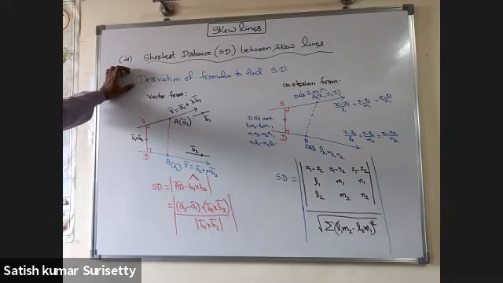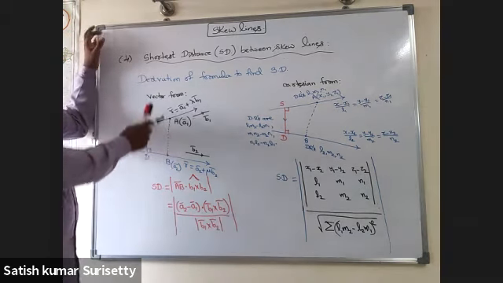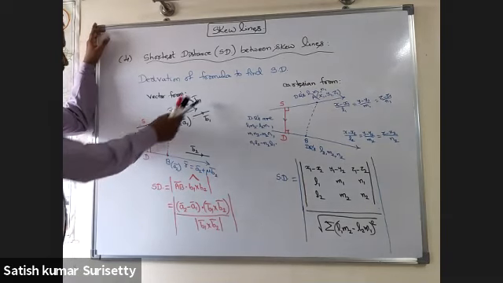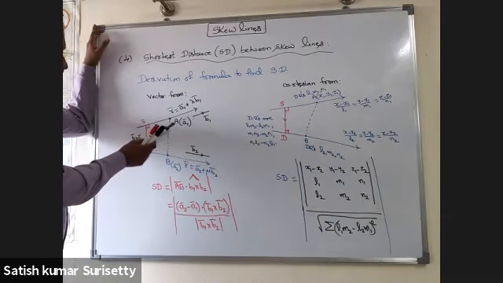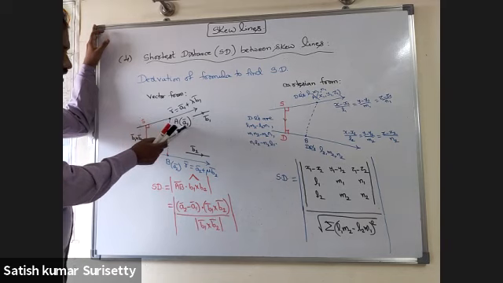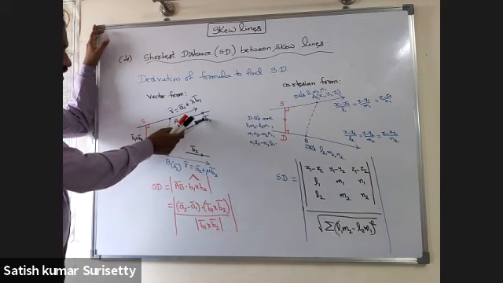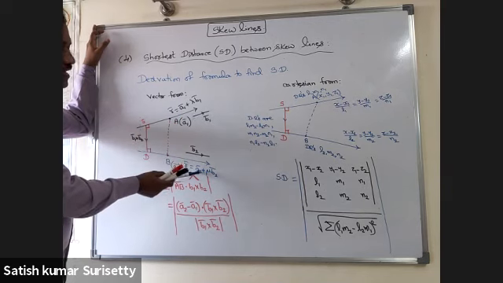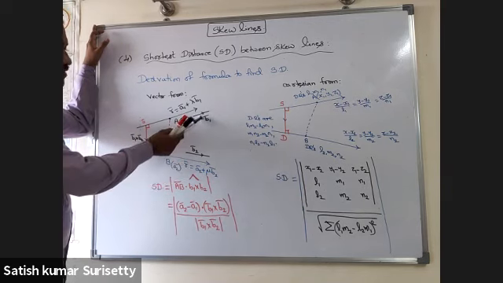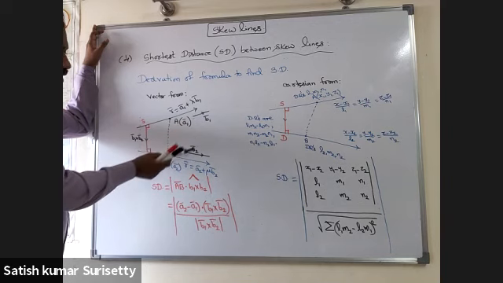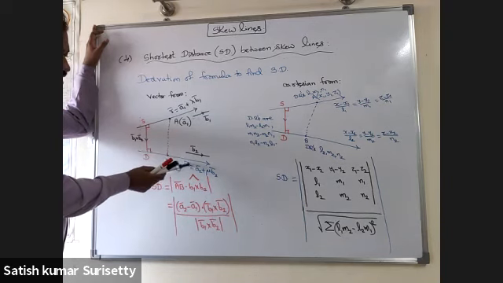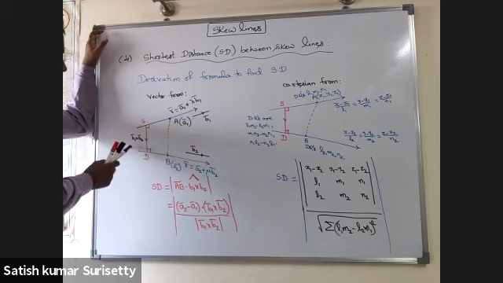So how to derive the formula to find the shortest distance in vector form and Cartesian form. When I consider vector form, I can take a specific point on line 1 as A, that is, the position vector of the point A as A1 bar, and the position vector of the point B as A2 bar. Then B1 bar is parallel to line 1 and B2 bar is parallel to line 2. When I consider B1 bar cross B2 bar, it is always perpendicular to line 1 as well as perpendicular to line 2. Hence B1 bar cross B2 bar is along SD bar.